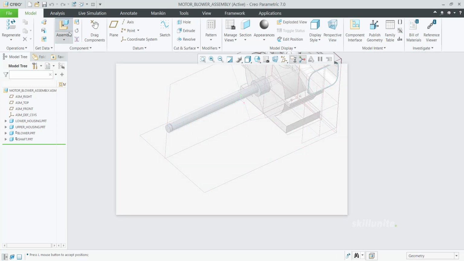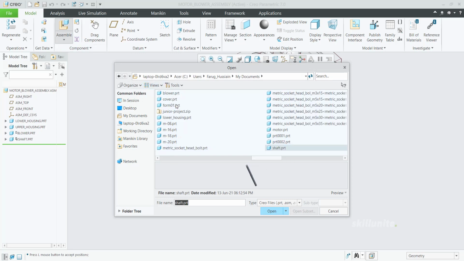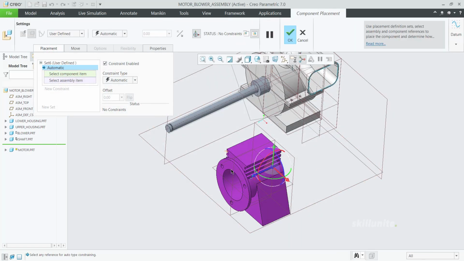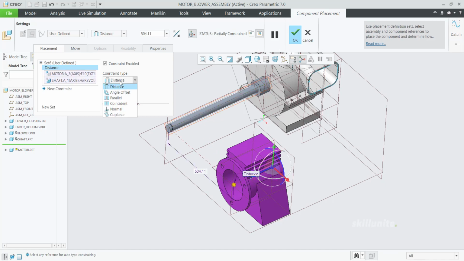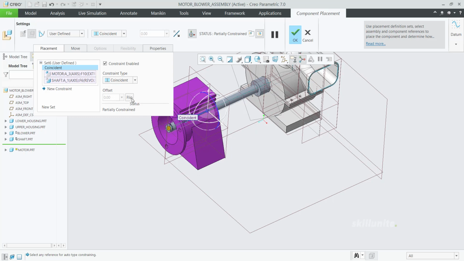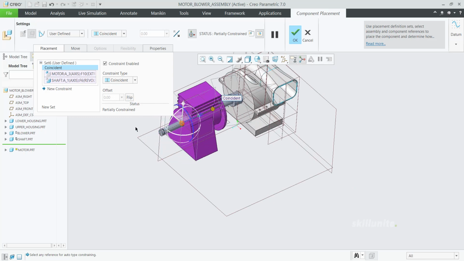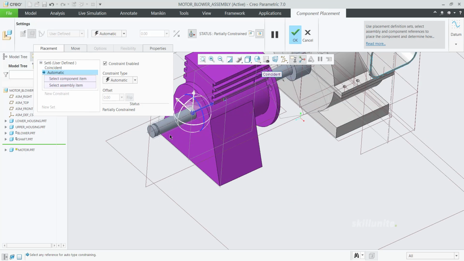Next, go to assemble, select motor first. Open the motor part, go to placement, component item and assembly item. Make it coincident and get it flipped. Then let me move it a little bit further. Go to new constraint.